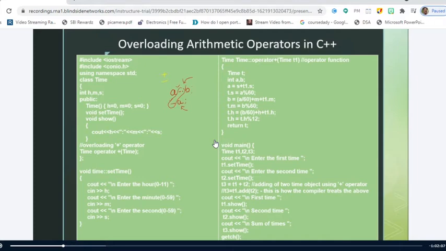So this is how operator overloading is defined. But remember, this A and B and this A should be the objects of a class. That means they should be variables of user-defined data types.